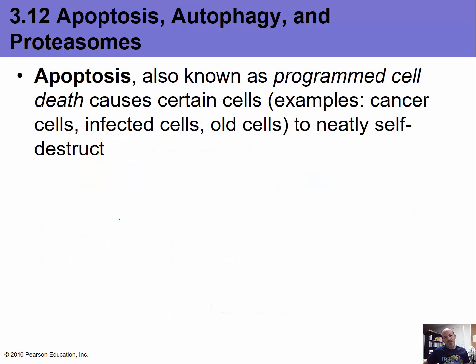Apoptosis is also known as programmed cell death, which causes certain cells, for example cancer cells, infected cells, and old cells, to neatly self-destruct. This is actually a part of normal development as well. When we are developing early on, we have webbing between our fingers, and then the cells that make the webbing are programmed to die at some point during our development, which is why we're not born with webs between our